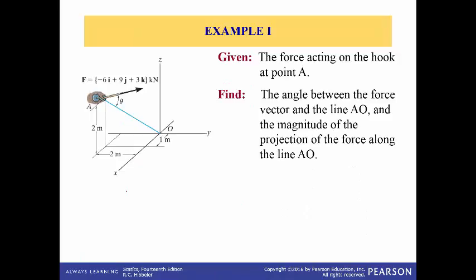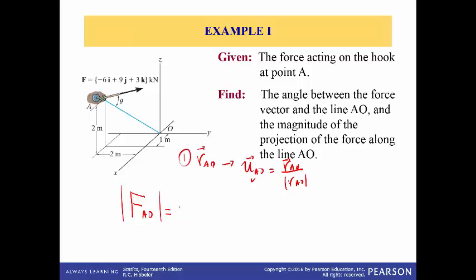And let me go real quickly over this example that was discussed in class. What we did was, number 1, find the position vector from A to O, and from that obtain the unit vector by dividing that vector by its magnitude. Once you have the unit vector, then the component of the force along line AO, the magnitude of course, would be